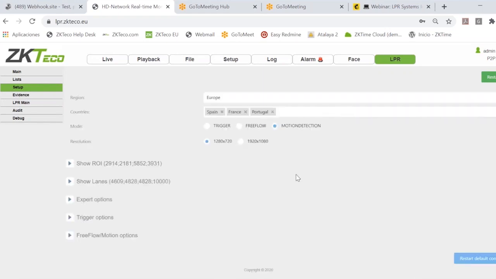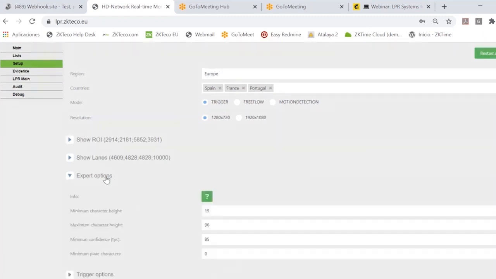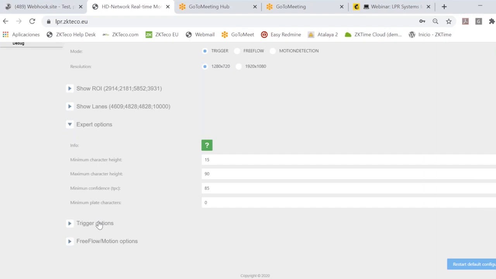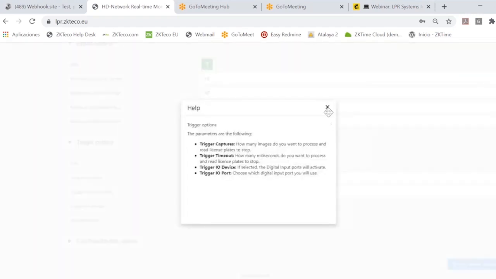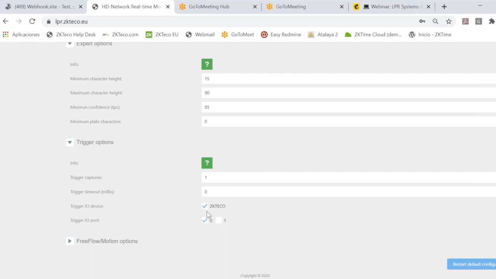Okay, in this case, you need to select the option of trigger. The way that the camera is reading is by trigger, and then move to the trigger option. In the trigger option, here you can find the help. So in this case, the camera